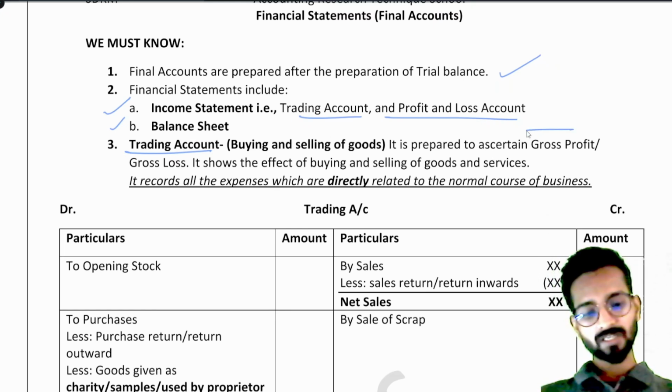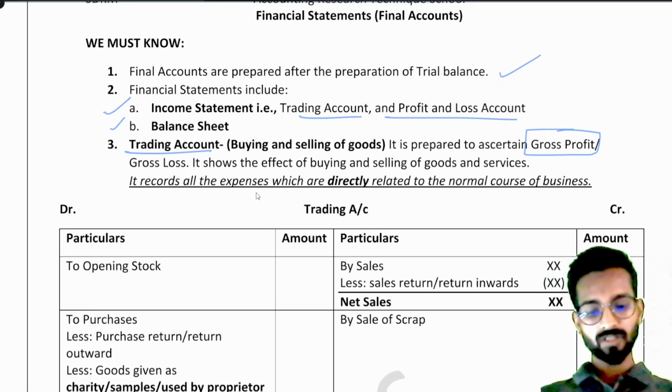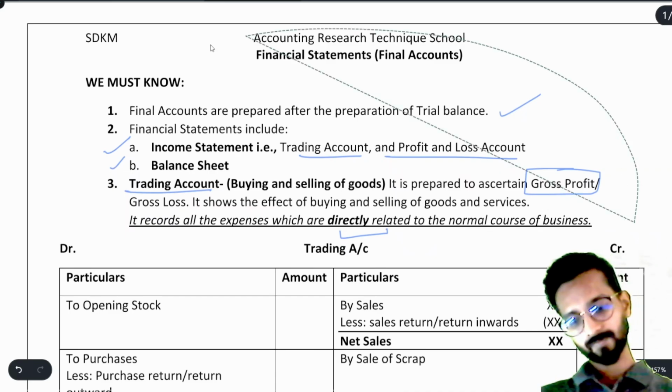It is prepared to ascertain gross profit or gross loss. It shows the effect of buying and selling of goods and services. It records all the expenses which are directly related to the normal course of business. Understood? Now,